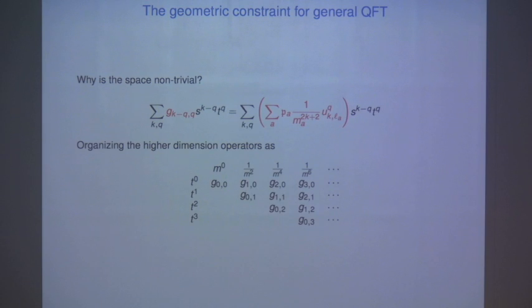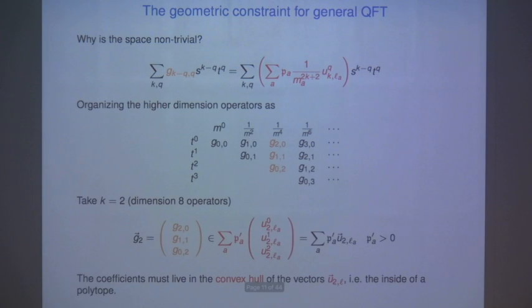Once I'm organized in this form, then I can look at this equality upstairs. For example, let's look at the mass dimension 8 operators, which correspond to these three. So there are three different distinct structures. This corresponds to S squared, this is ST, and this is T squared. So we have these coefficients here. And on the right-hand side of the equation, we basically have that it's given by this U vector here, which I also organize in terms of U0, U1, U2, corresponding to different powers of P here. And this PA prime is just the original PA, but with the mass absorbed.